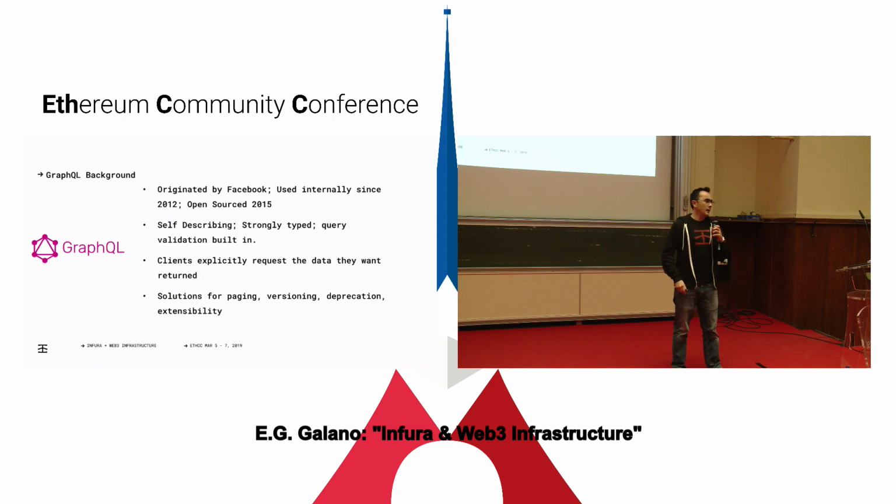The big twist is flipping the paradigm of how data is selected, right? Traditionally, as a server developer, I would say, these are my data resources, and I'm going to expose them to you, say, over a REST API. So I'm going to give you the entire record or the entire document.